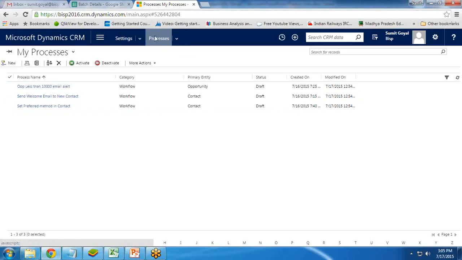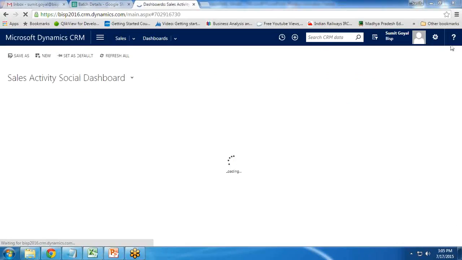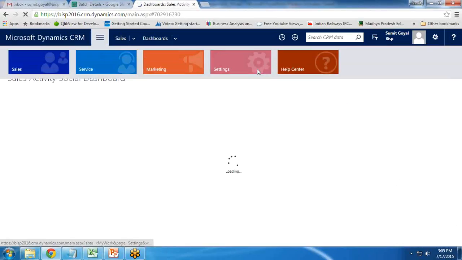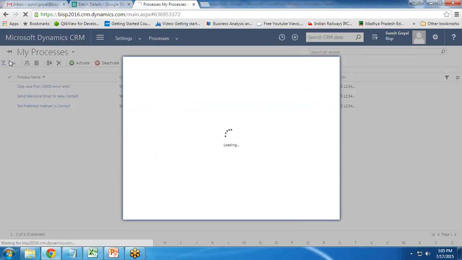I have already switched to process here. You can see the process is here. Or if you are somewhere on the home screen, you need to look for settings, and within settings, click on process. Click on new process,